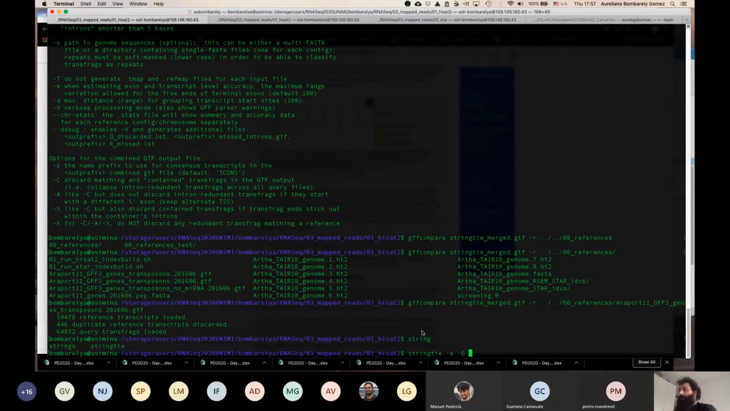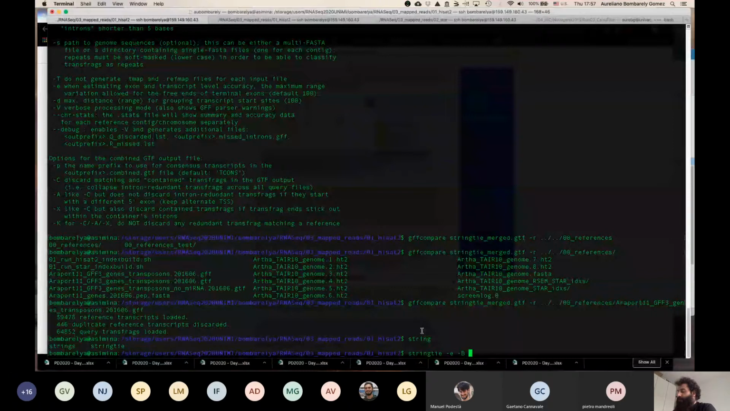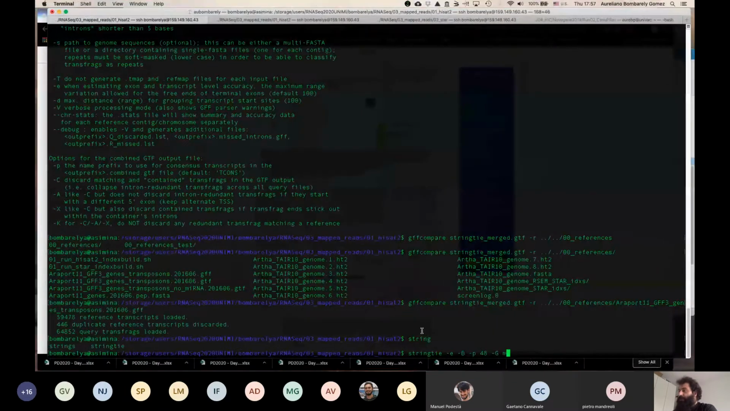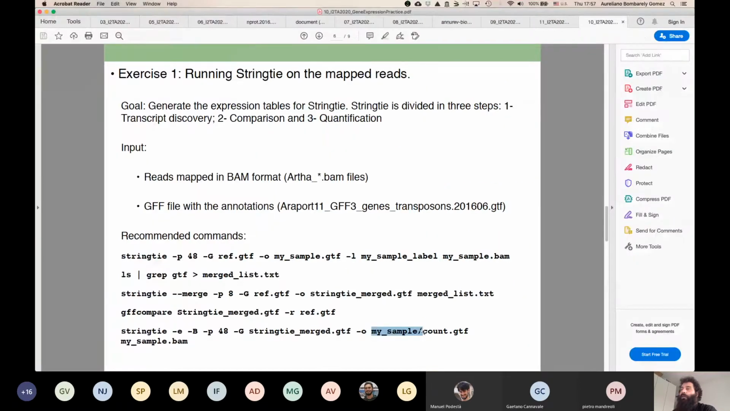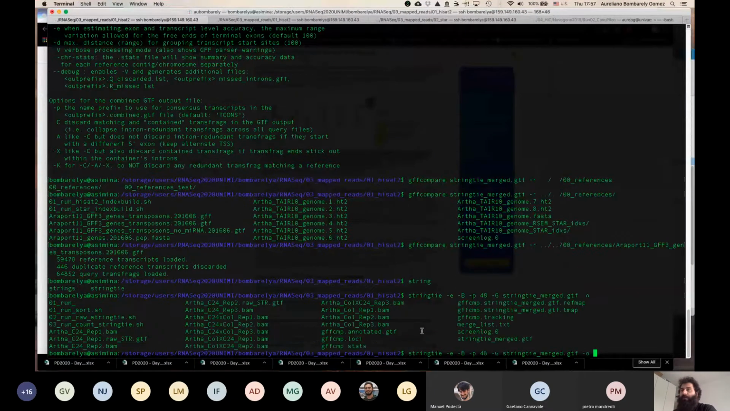-e -b, that is the thing that we need for the quantification, -b 48, then -g, and now we want to use the merge because we will have a more complete list, the GTF. And then for the output, we want to count this. So the name of the sample, in this case will be alpha 24